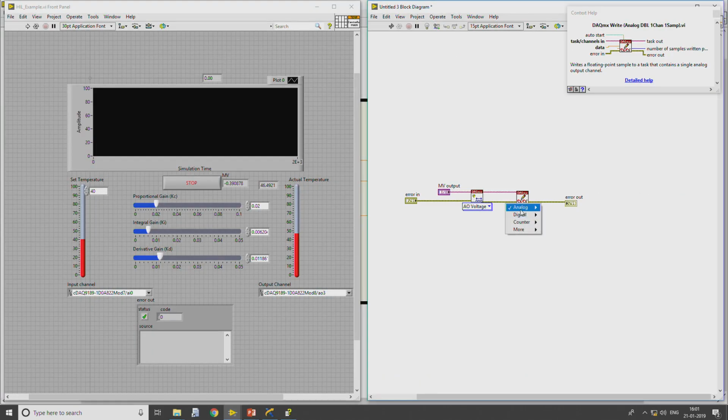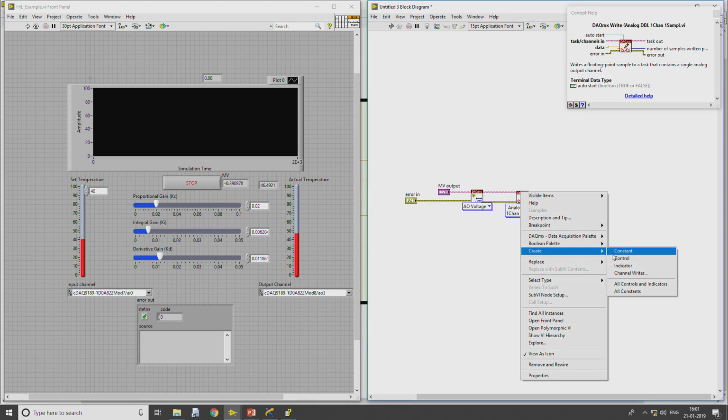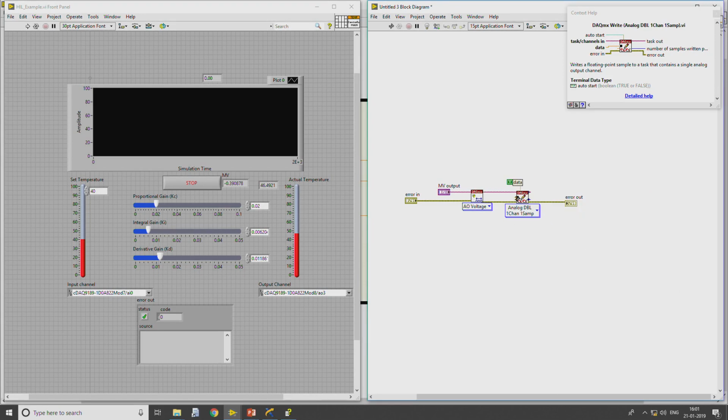Since we require to generate analog output single sample DBL, create constant true, then